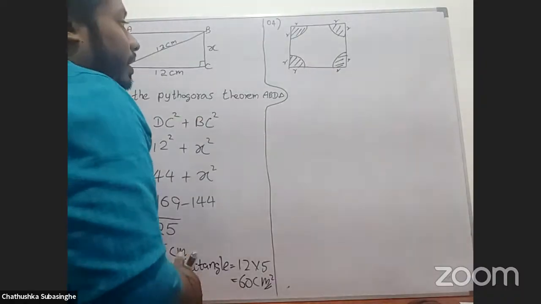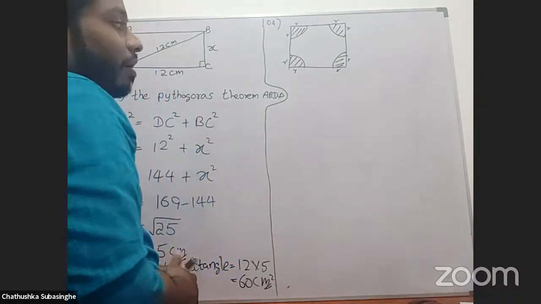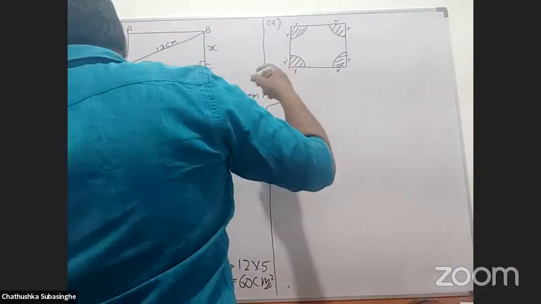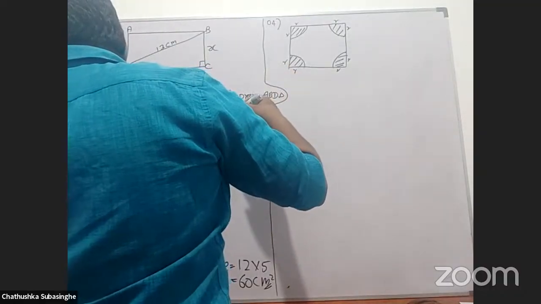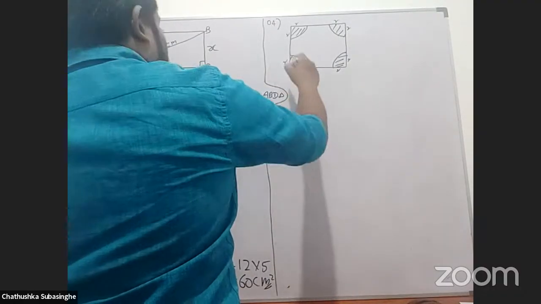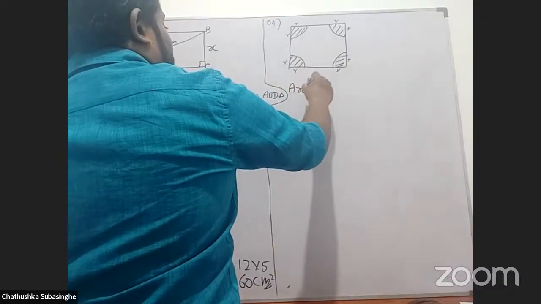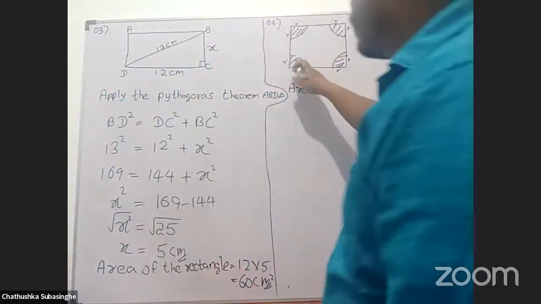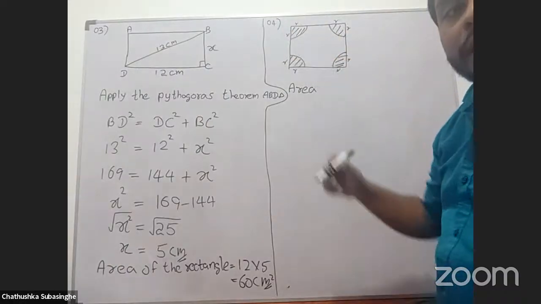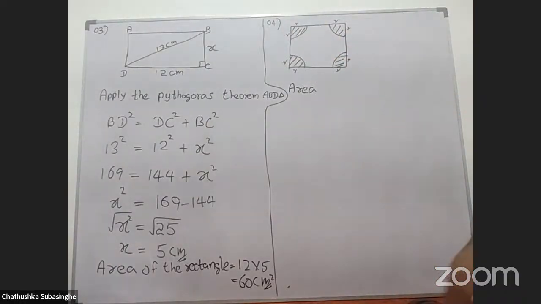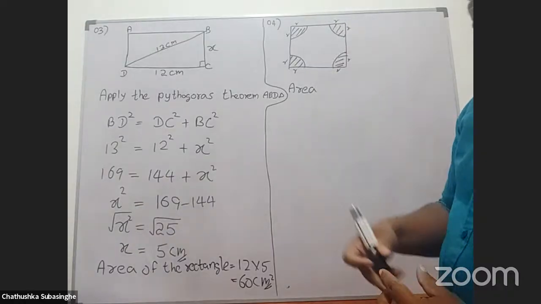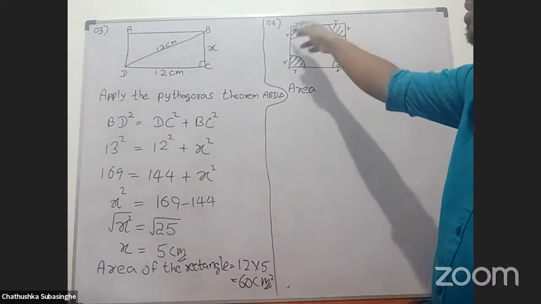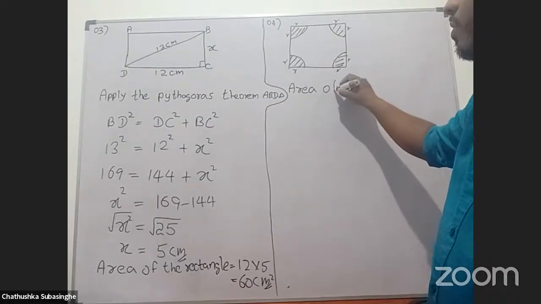Now I can find the area of the square. First of all, I have to find the total area. Then I'm going to find the shaded area. So from the total area, I'm going to subtract the shaded area. Then I get the area that I need. So the total area is the square. So area of the square